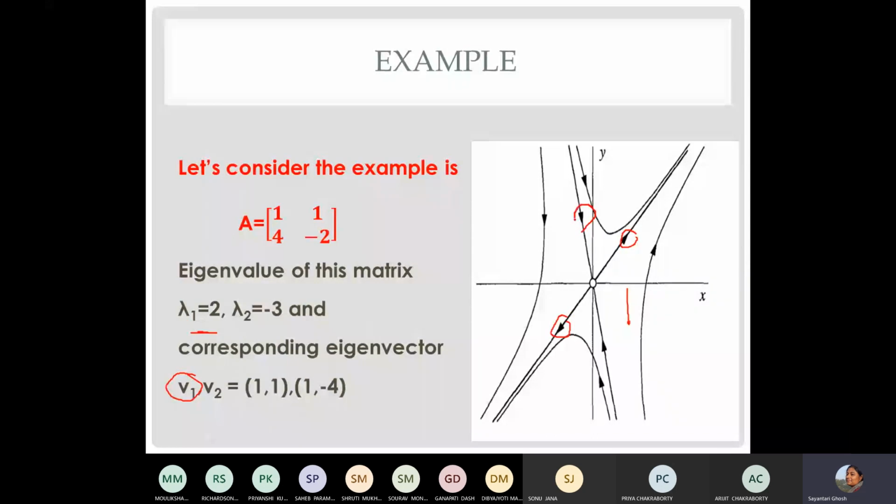Here you can see I have put 2 converging arrows moving towards the fixed point, towards the origin. Okay, I have put 2 arrows towards this origin because this was minus 3. Now you start from any point around and you follow the eigen directions. Okay, so let me start from here. If I start from here, which way do I move? Towards the eigen direction. So I move this way.